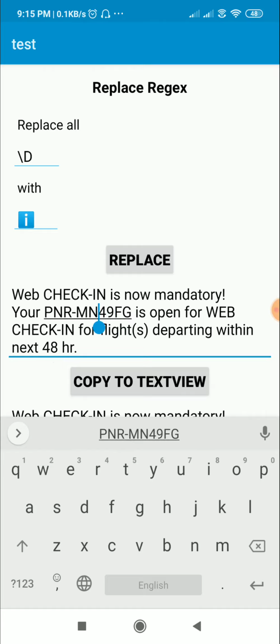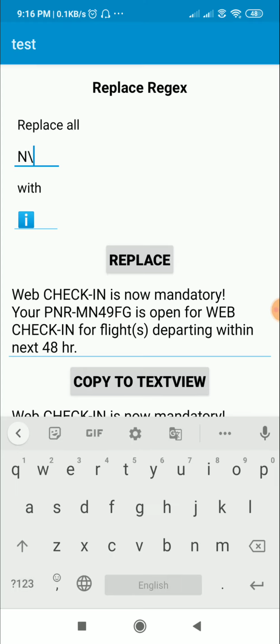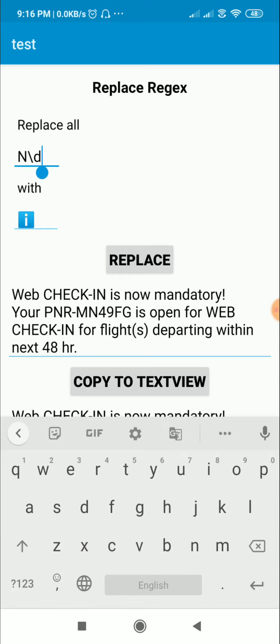So if I have to match only 49, I can write capital N followed by \d. So it will match all the characters where I have N followed by a number. When I click on replace, it will replace only this, because it had N followed by a number.